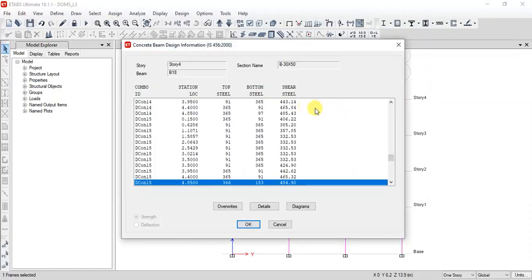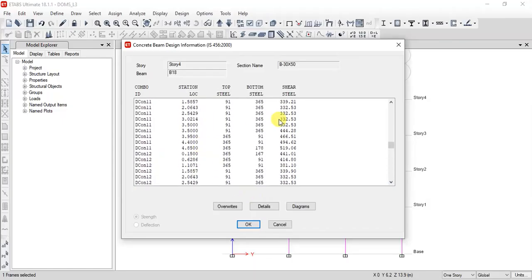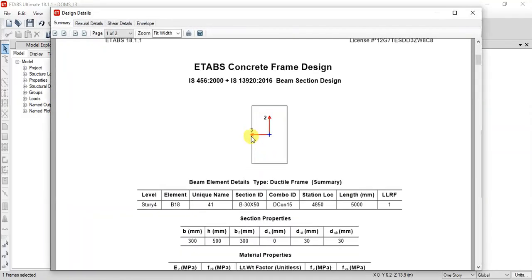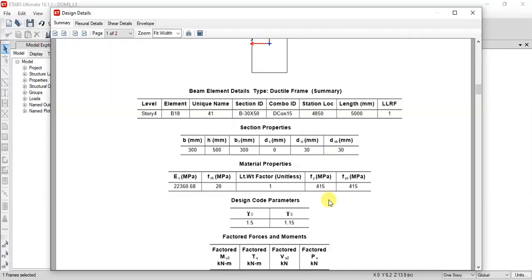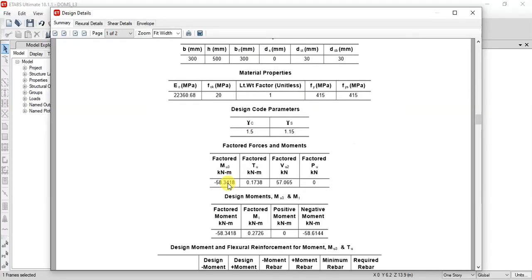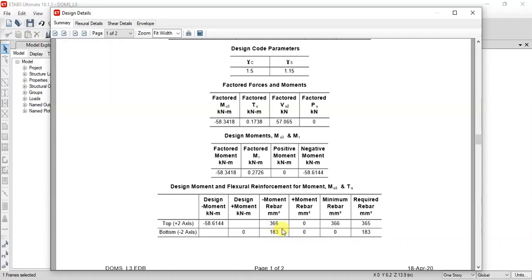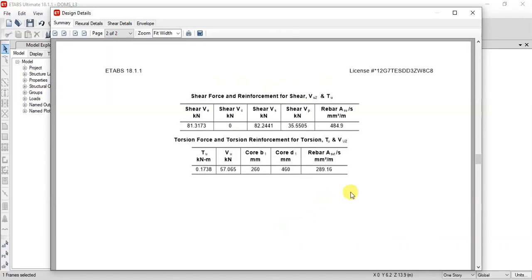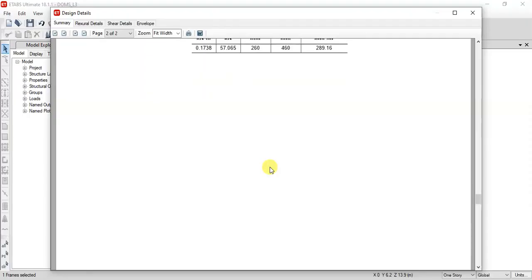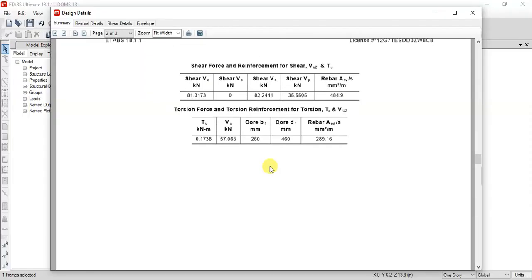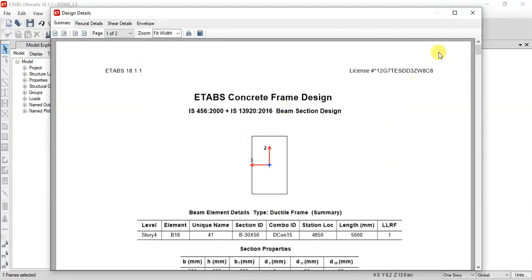So if you click on any beam and right click, you'll be able to see the details: how much bottom steel and top steel needs to be provided. In the option you can see how much rebar is required for a particular beam, for individual beams, and those details will be available.